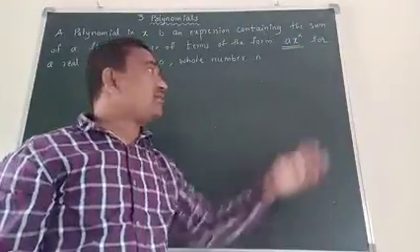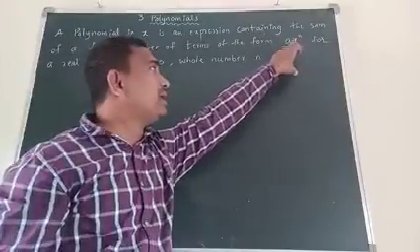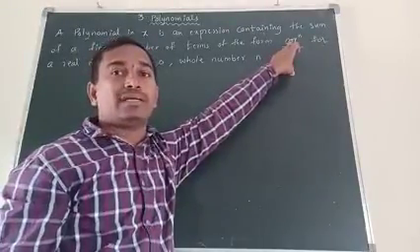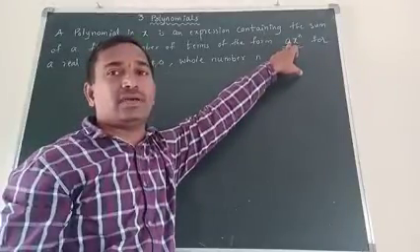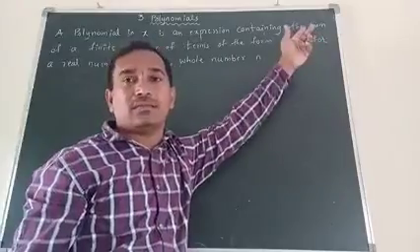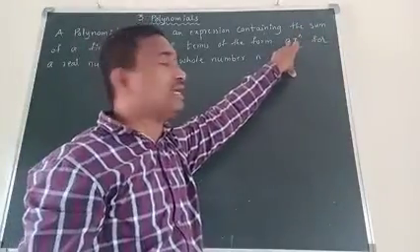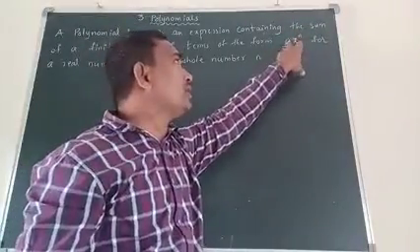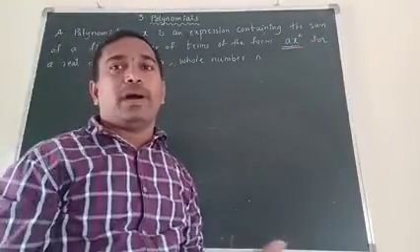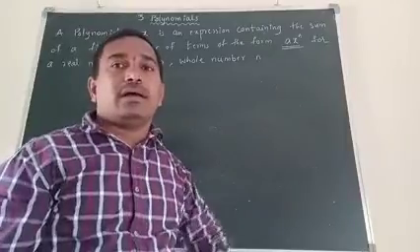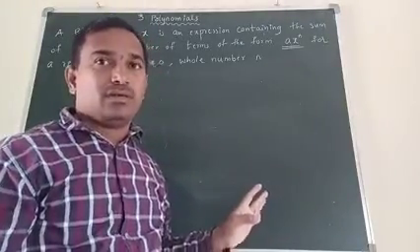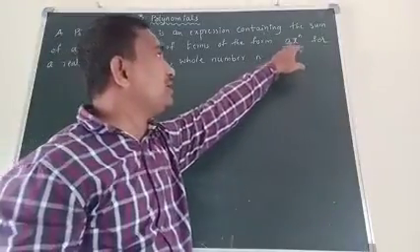So you can take an a value and an n value. Take any real number a, for example minus 7 or minus 5. With a value minus 5 and n value 2, minus 5x power 2 is a term. If you take a value 3/2 and n value 4, 3/2 into x power 4 is a term. So a polynomial in x is an expression containing the sum of a finite number of terms, where the terms are in the form of a into x power n.